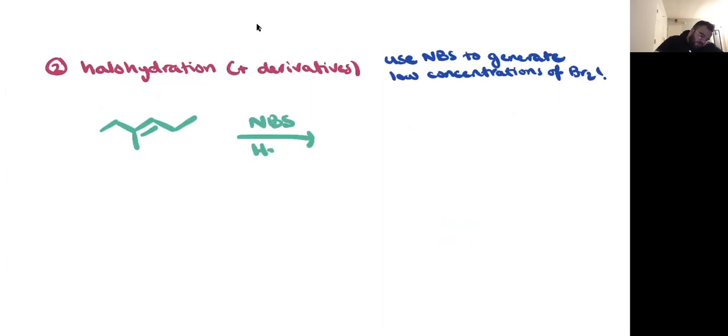So in doing this, we're going to be changing the mechanism. Okay, and that mechanism is going to change such that the second step is going to involve addition of a different nucleophile that's not a bromide. Okay, if you have too much Br2 in there, then that second bromide actually has a pretty equal chance of attacking as the other nucleophile does. So doing this,